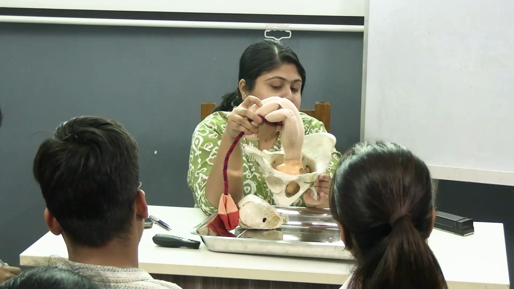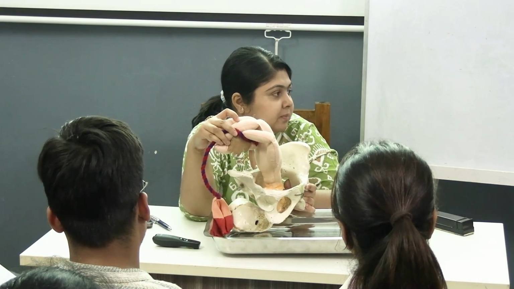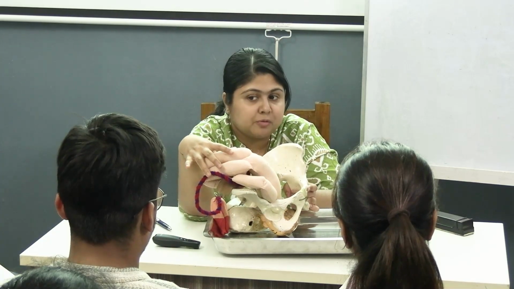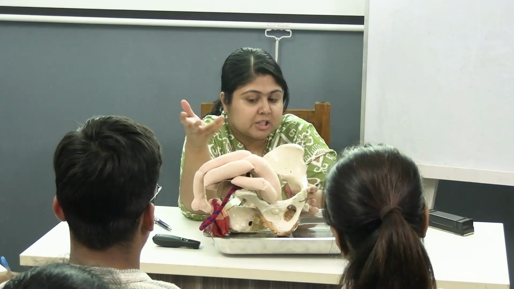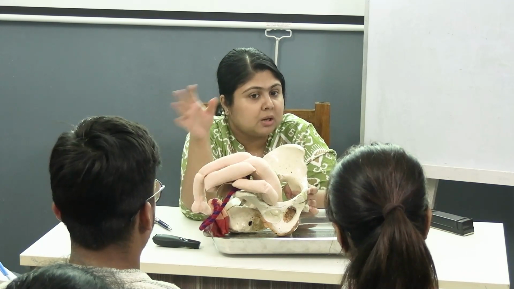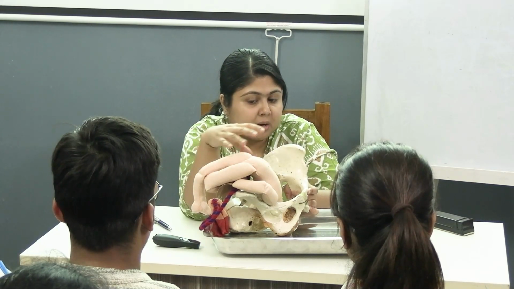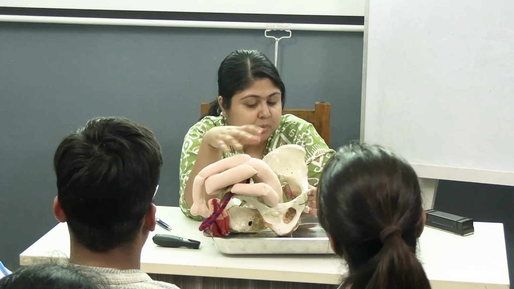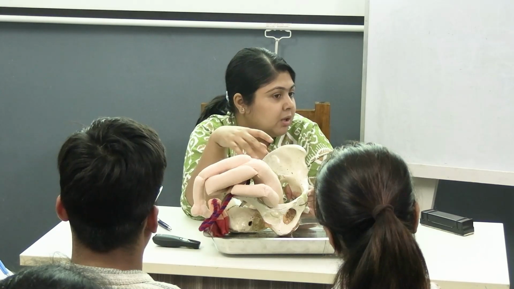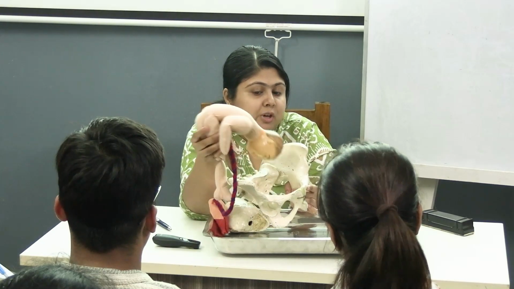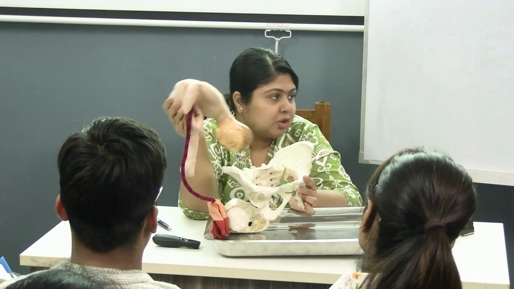Now, what are the different steps in the mechanism of labor? Anybody knows? There are 7 different steps in the mechanism of labor. Basically, these are the various kinds of movements and adjustments the fetus undergoes while traversing through the maternal pelvis during its course of delivery. So, what are the different movements or adjustments the fetus does to get delivered or pass through the maternal birth canal? First is engagement. So first, there are 7 cardinal movements in the mechanism of labor. So first is engagement. What is the definition of engagement?